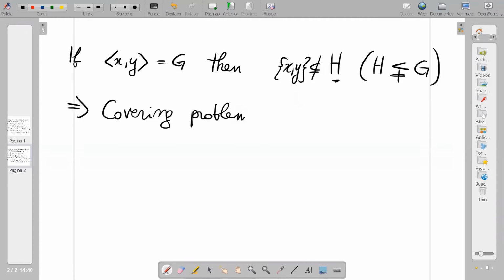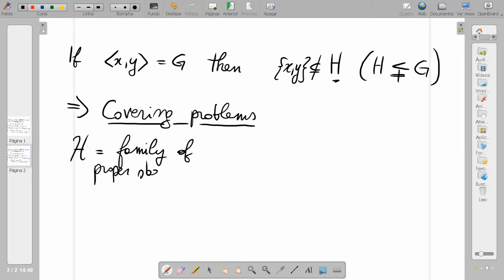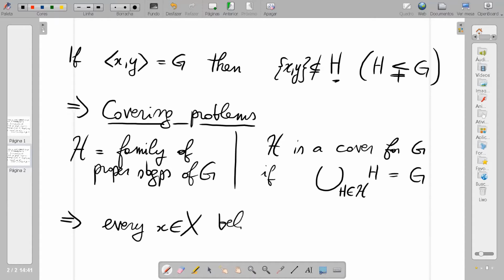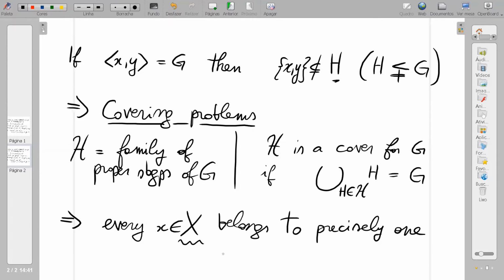Covering problems. H is a family of proper subgroups of G, and H is a cover for G if the union of all the H in the family is equal to G. And note that this implies that every x in X, remember that X was our pairwise generating set, belongs to